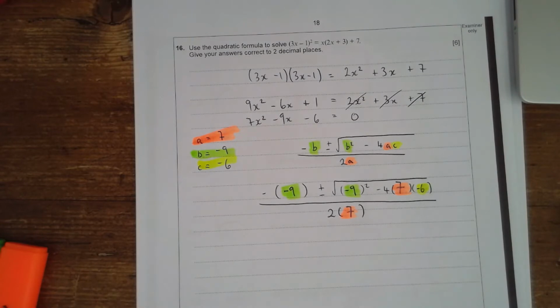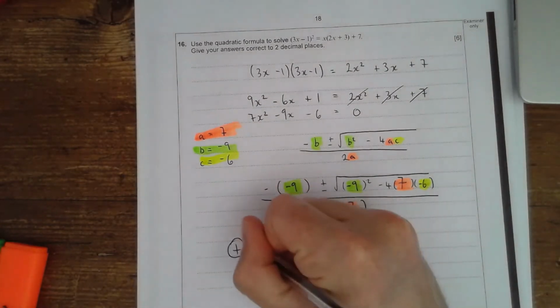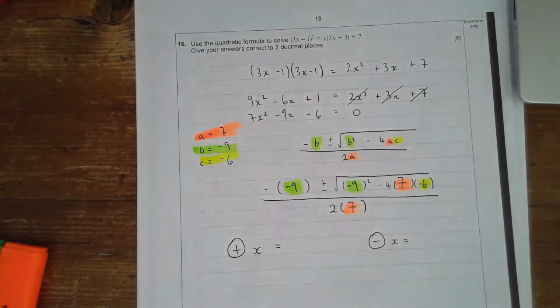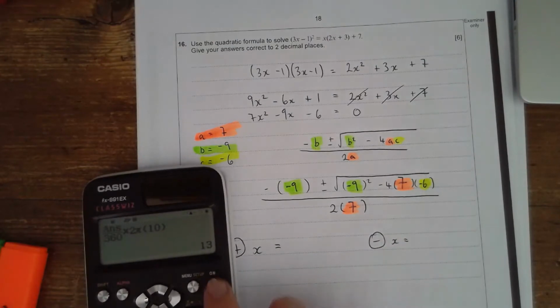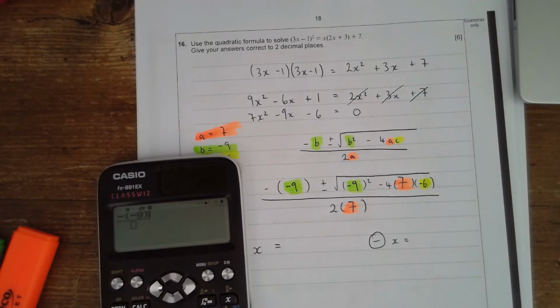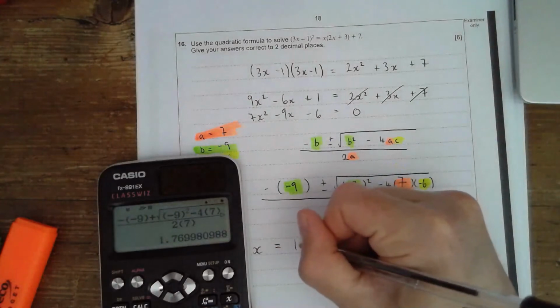Okay, now in your calculator, you'll notice you don't have a plus or minus sign. That's because once you plus this square root and once you take it away. So let's put this into the calculator. I'll press AC, press the fraction button, minus bracket minus 9. I'll do plus first, square root, minus 9, close bracket squared, minus 4, bracket 7, bracket minus 6, all over 2 bracket 7. I get that answer, I press SD, and I get